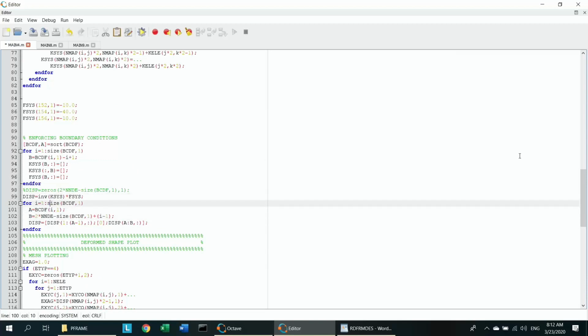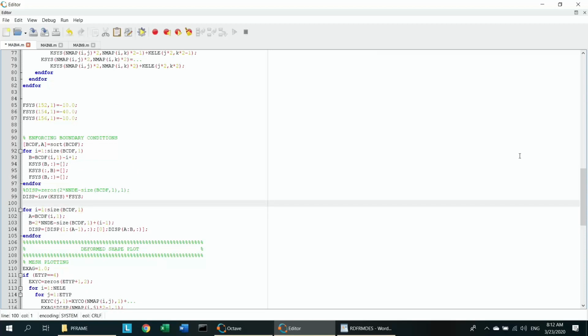At this point we insert, and I know that this is from the penalty method, the boundary restraint DOF, the restrained DOF,